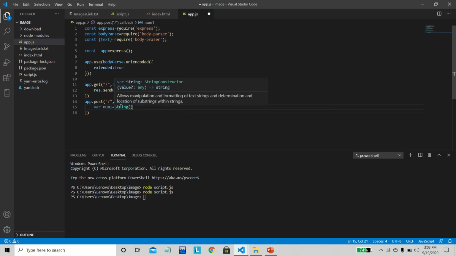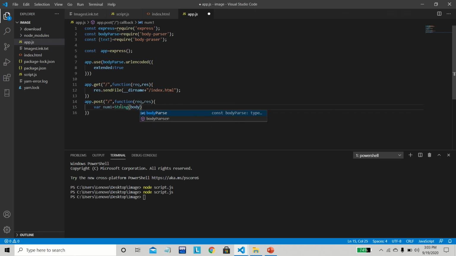Now I will request the body to pass num1. You should learn it this way, so you will learn the syntax as well: request.body.num1. Every time I write the code, I say I will request the body to pass num1, and in this way I remember the code.